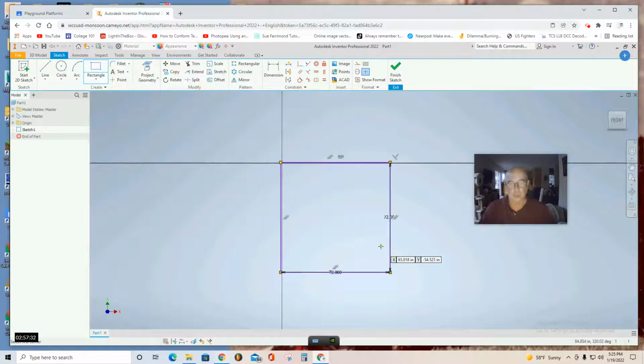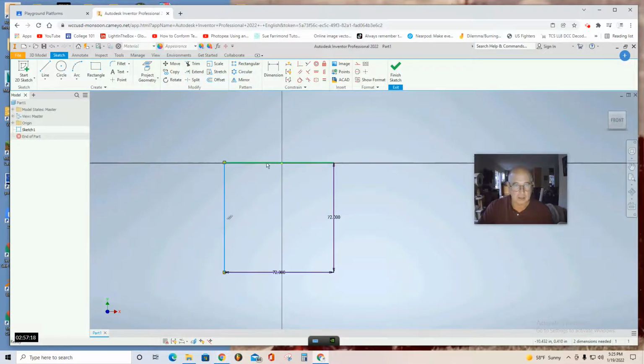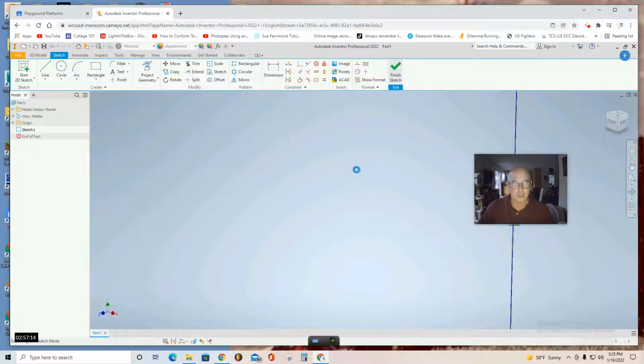Now I can see that it's way off, so I'm going to, again, have your hand by the escape key. Escape, escape, escape 3 times. Now grab the edge of your square and pull it into a more central position. At this point, you finish sketch,